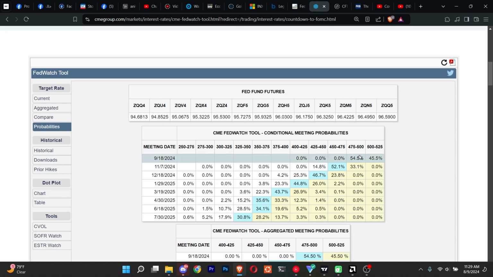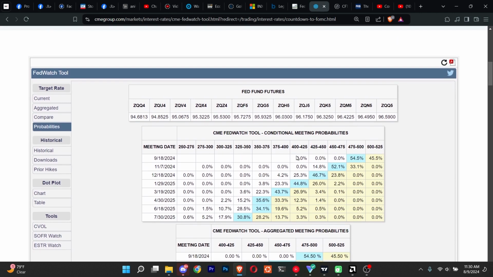Personally, if you ask me, I would tell you the Fed is likely to do 25 at this time. I wouldn't think the Fed would get aggressive with rate cuts at this time. They're probably going to deliver a small one to start off the rate cutting cycle. So why am I looking at this? Because how this consensus is shifting is generally what's going to be reflected when you look at the chart, especially the dollar index and the USD pairs. That's where you're going to see these mixed sentiments.